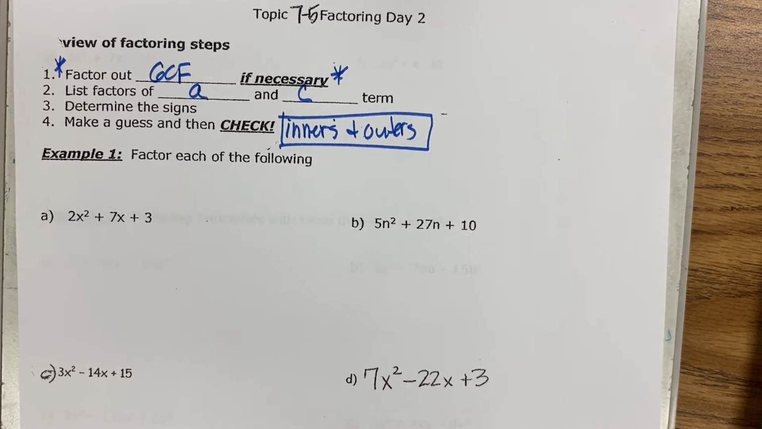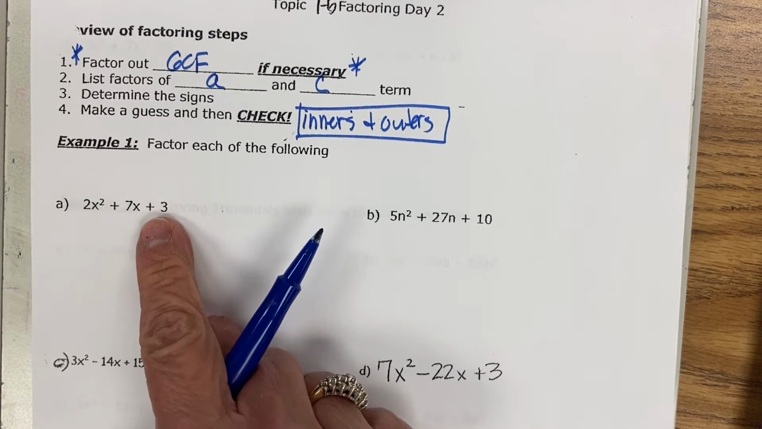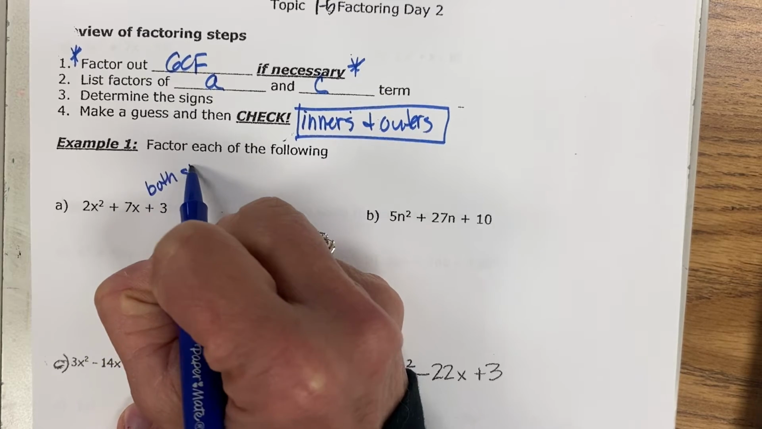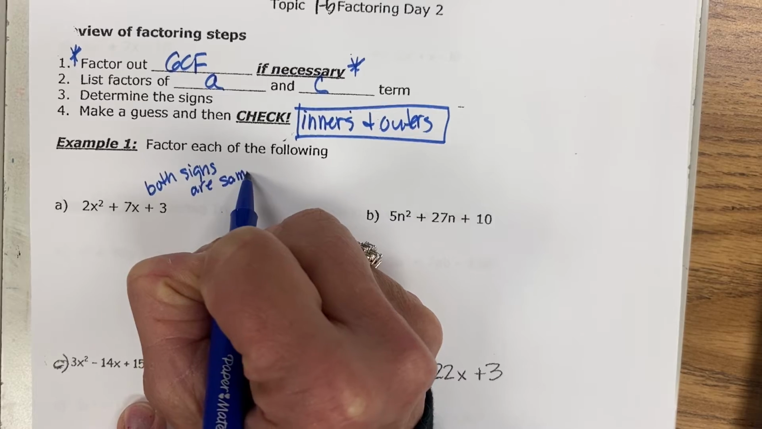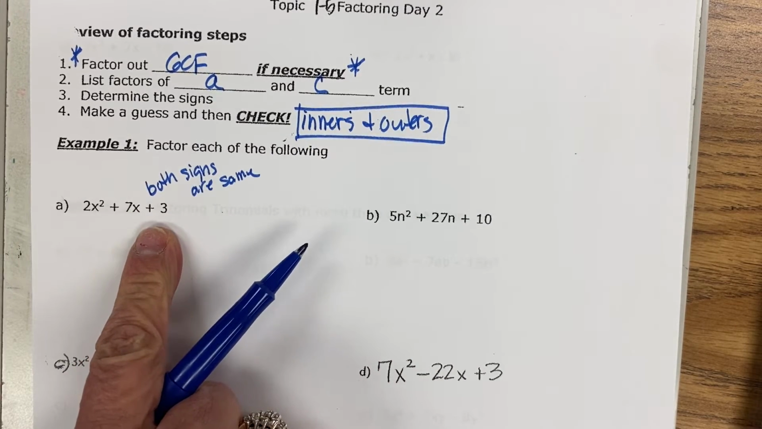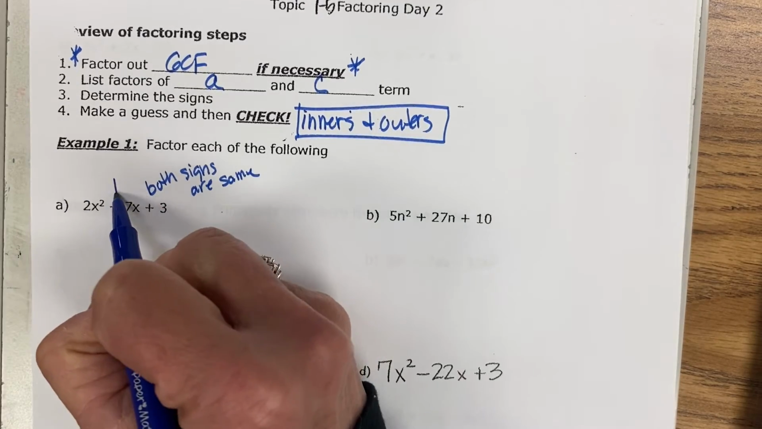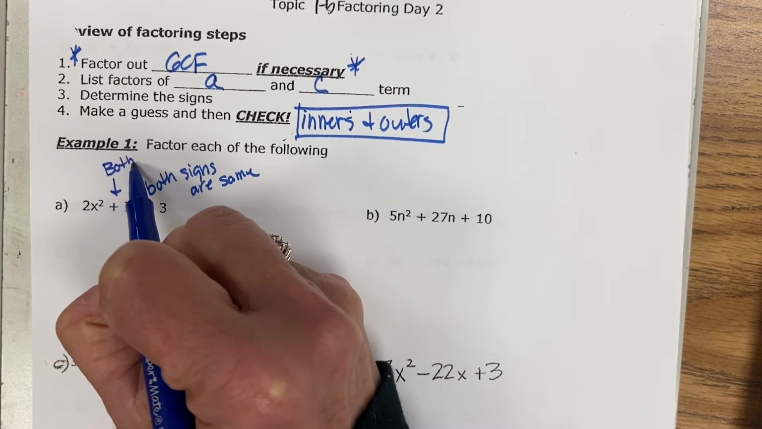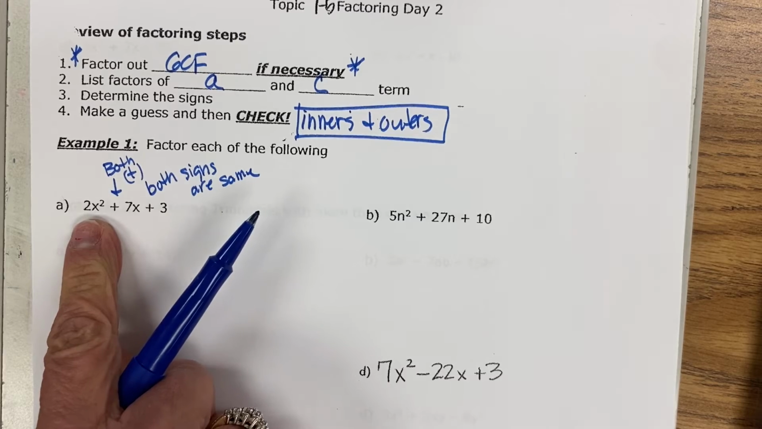All right, so for the first one, we're going to determine our signs. So this one tells us that both signs are the same. And because this is a positive, if it was a negative, this would tell me that they're going to be a positive and a negative. And this tells me that they're both going to be positive. Okay, so now my first term